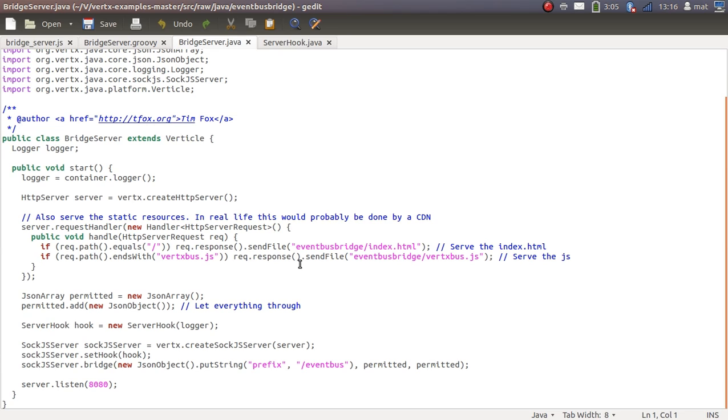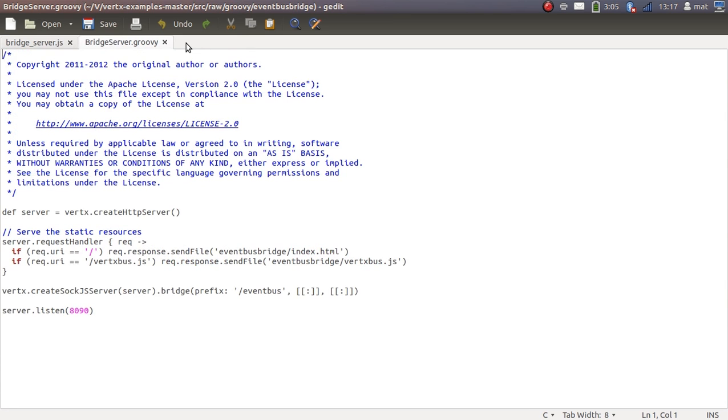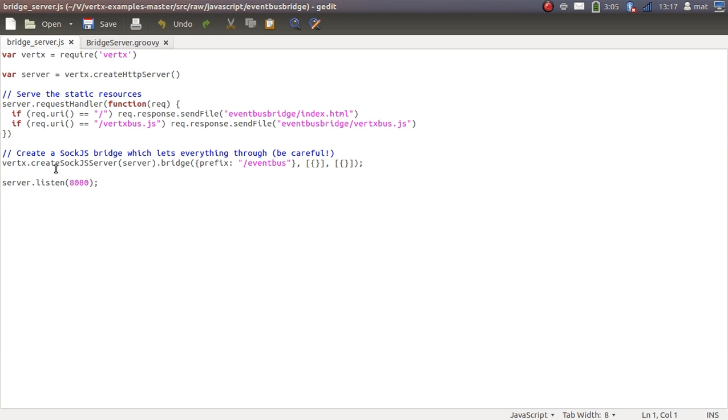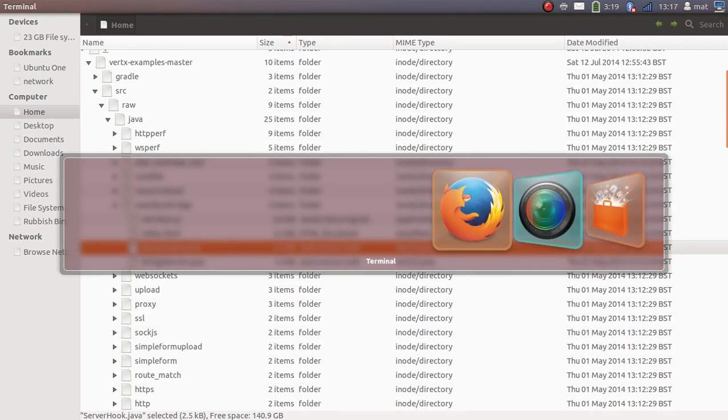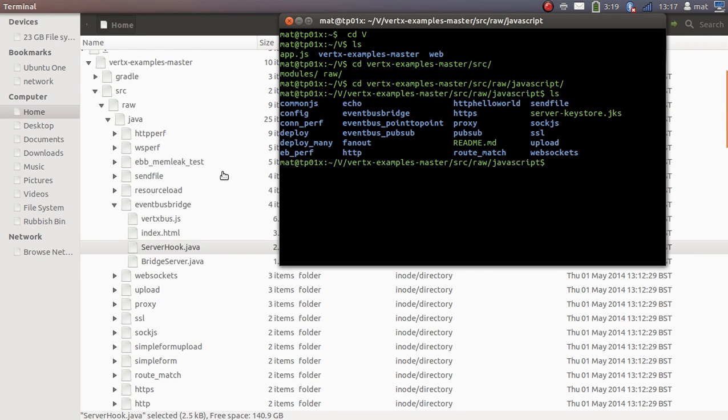So this example that we're going to see is using WebSockets to send down. We've got a series of browser clients, two browser clients that are going to communicate over the bridge server. We're going to run the JavaScript version of the bridge server, but they all relate to the same core API, and we're going to both subscribe to the same event bus and exchange messages, and the messages are going to be propagated to each